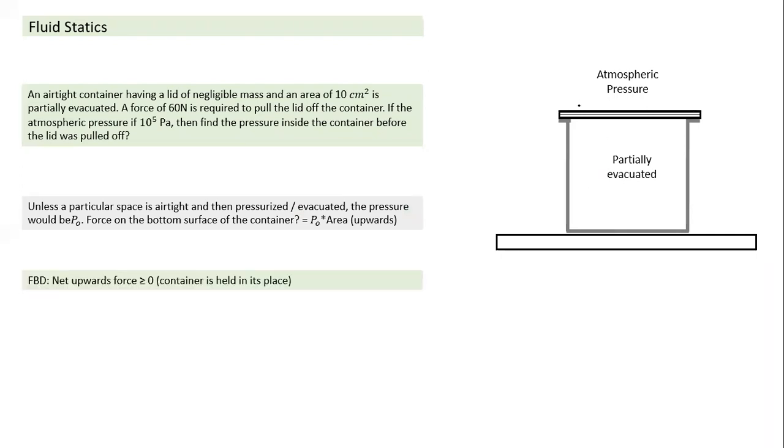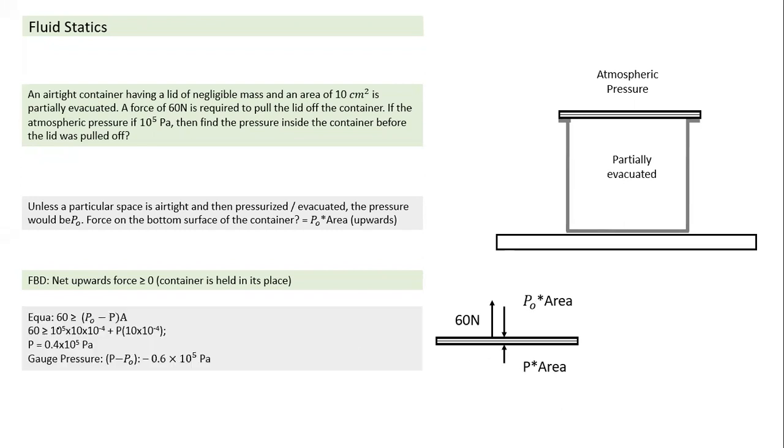We can calculate the force by taking the free body diagram of the cap. So one way of calculating: I draw the force, 60 Newton, and the force due to whatever pressure is inside. If I write the equation, the upward pulling force has to be greater than (P naught minus P) into area. And that's what the equation comes to. What is P naught minus P here? This P naught minus P is nothing but gauge pressure. So what is the net force acting? When the partial vacuum is created, the net force acting because of pressure is the deviation of pressure from the atmospheric pressure,